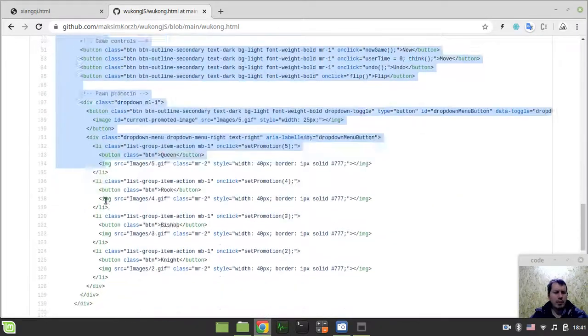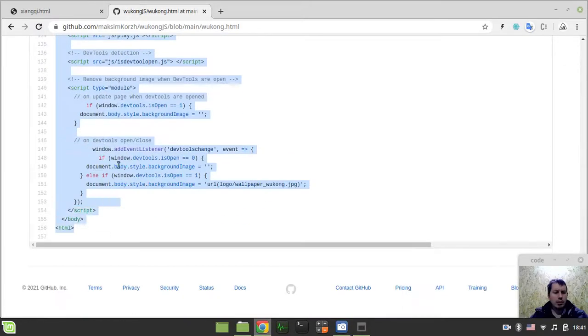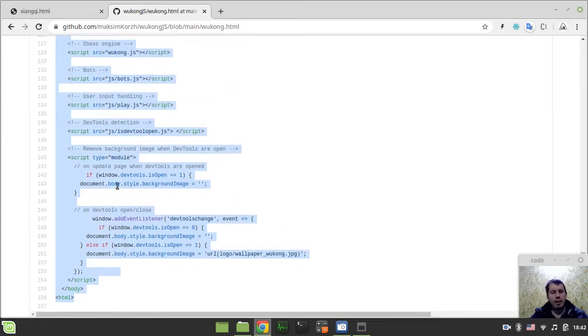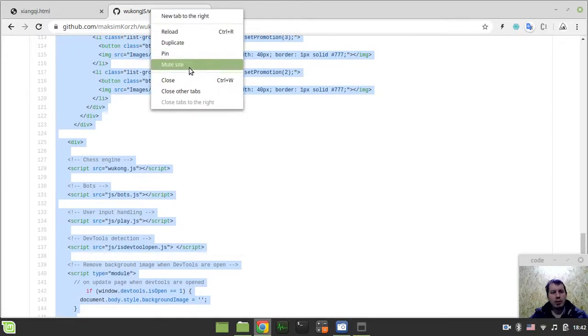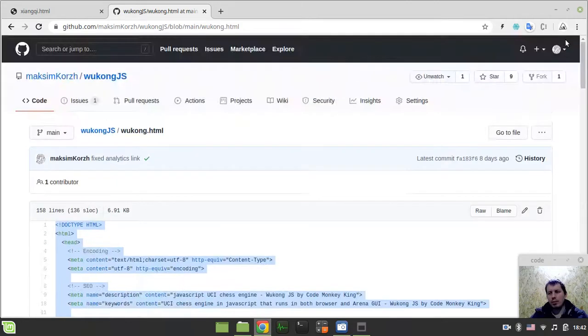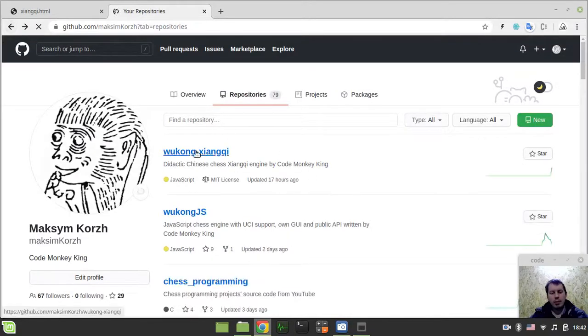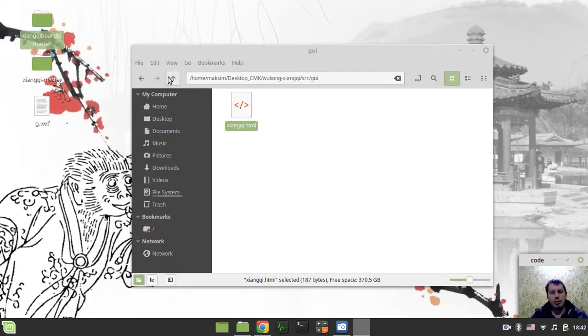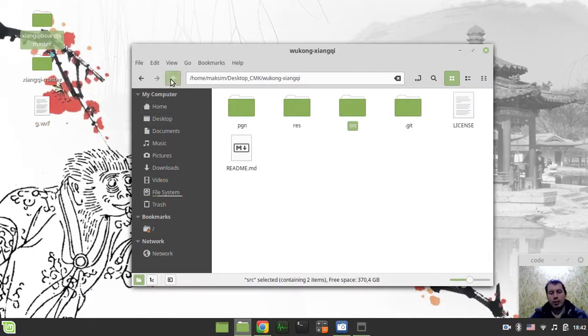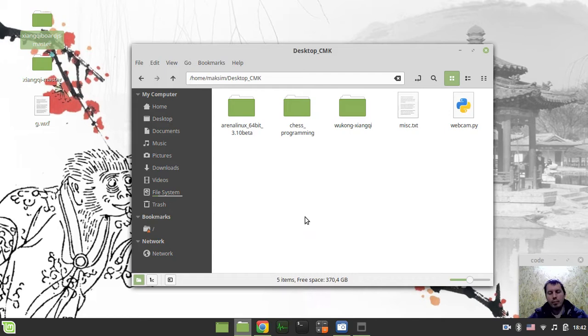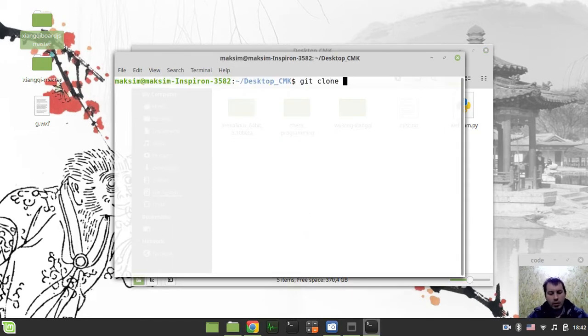I think I can grab this entirely and just go in for some alterations. I'm also using this DevTools open or close module library. Well, hold on a sec, guys. I think it would be just better to git clone the entire repo to reuse the code base in an easy way. So let me just say git clone